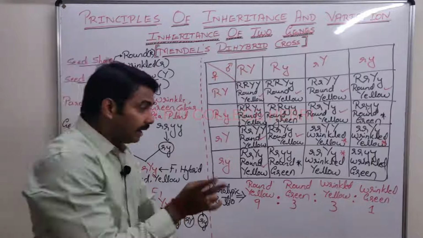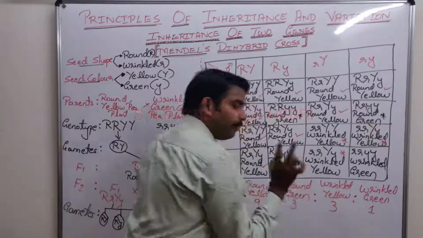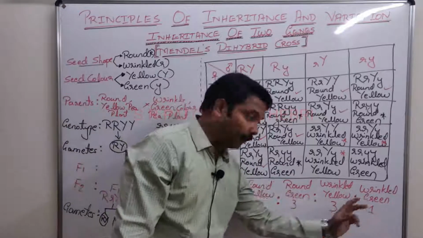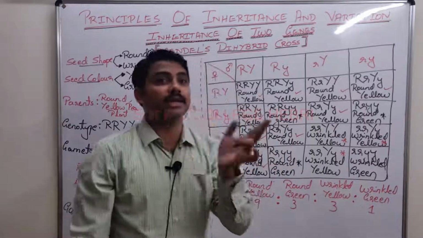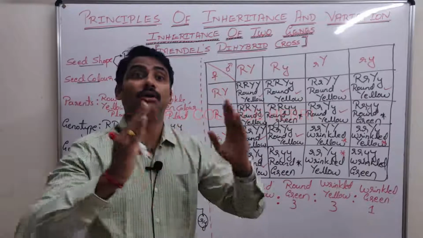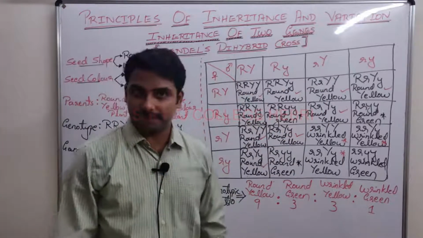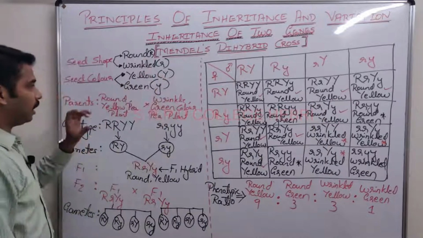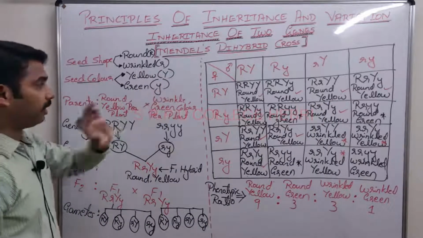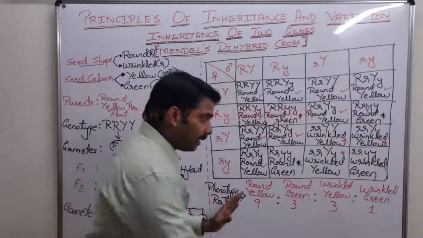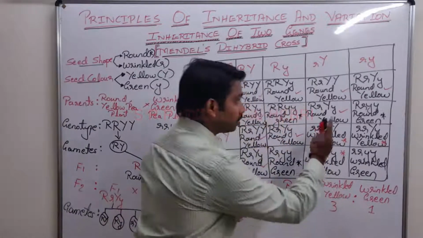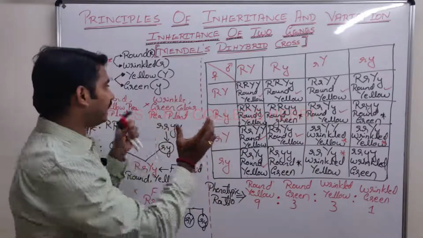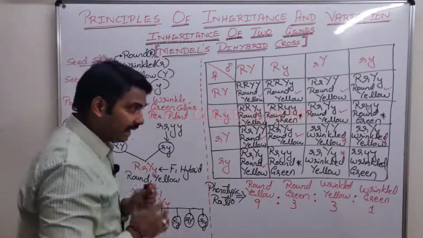Along with that, he got 2 more varieties of progenies. Along with the parental character, he got 2 more types of progenies. They were not exactly the same as the parental type. When I say parental, what strikes your cerebrum is round yellow and wrinkled green. But along with those two, he got 2 more progenies which were not exactly the same as the parent, and hence how they